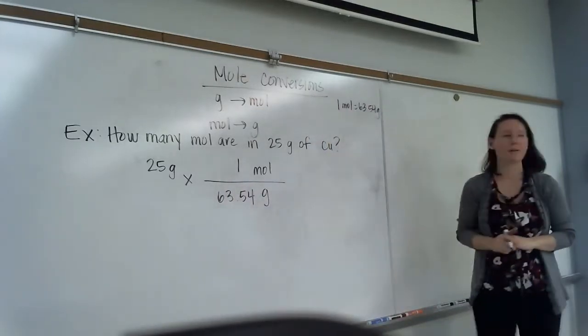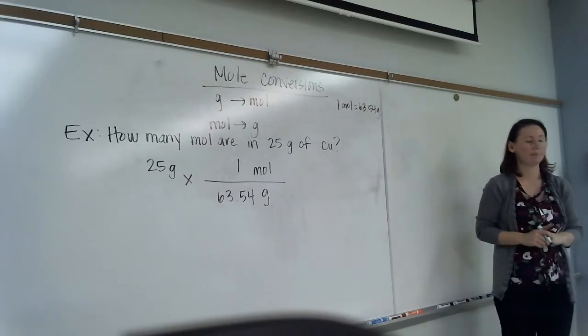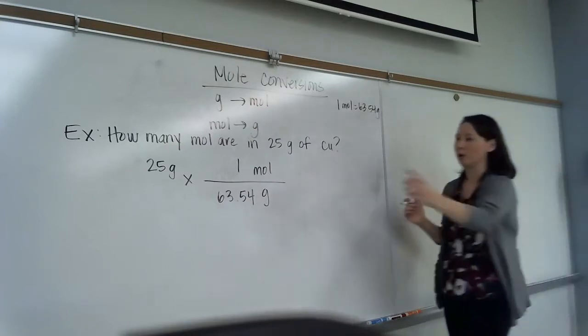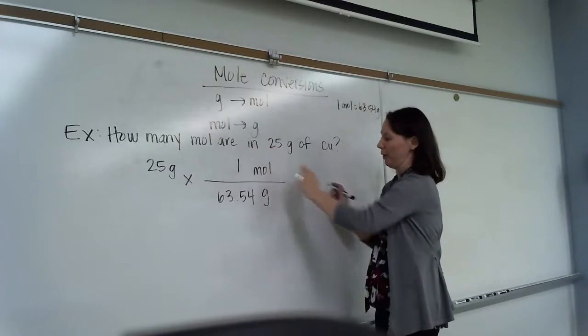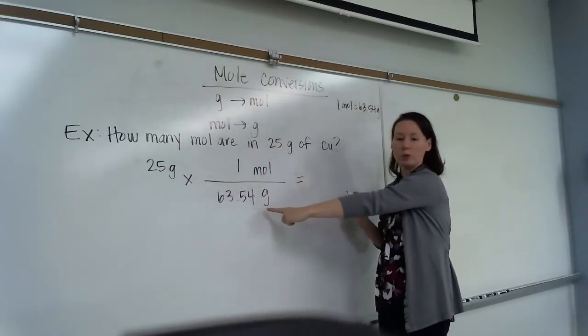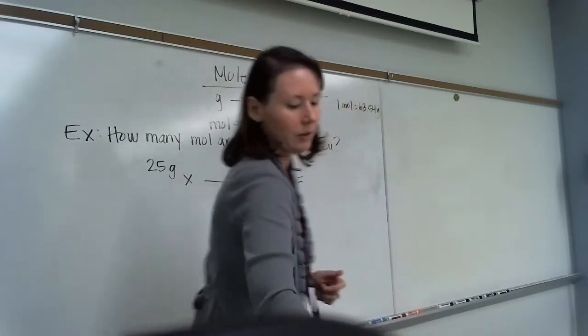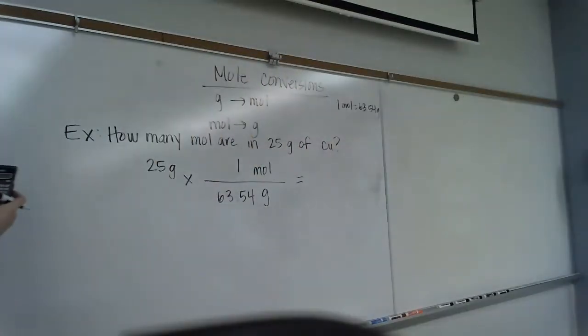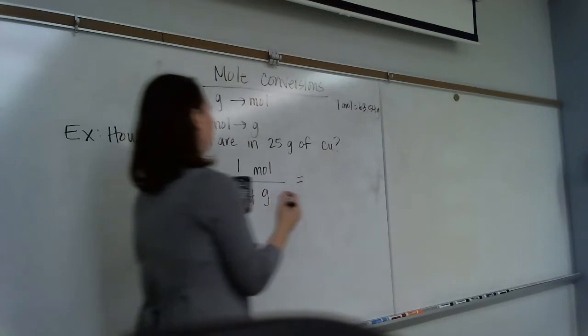Does everyone see how we set that up? Yes. All right, now all we do is we multiply straight across and divide. So 25 times 1 divided by 63.54. In our calculator, 25 times 1 is 25, divided by 63.54 gives me